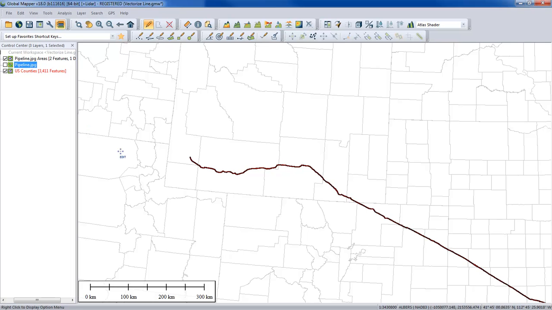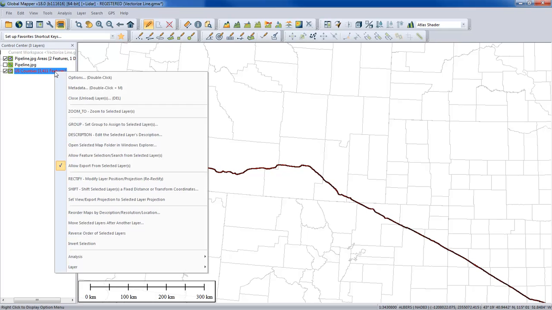So another hidden feature here that you're using that might be worth mentioning is you've made your counties so they're not selectable. That's exactly right. And the visual indication is that the layer description in the Overlay Control Center is red. That's a checkbox option right here, where it is on by default, allow feature selection from this layer. In this particular example, simply because I wanted that base map only for visual reference, I didn't want to be able to interact with it, I unchecked it. So good call on that one, Katrina. Yes, we've turned off that layer for selection purposes, allowing me to select just the features from the layer that